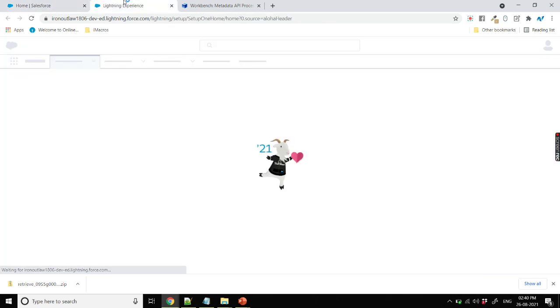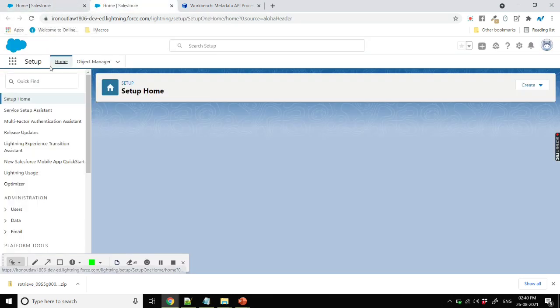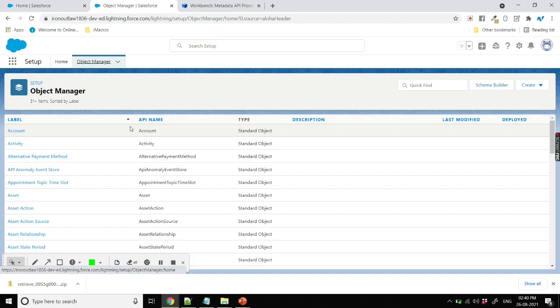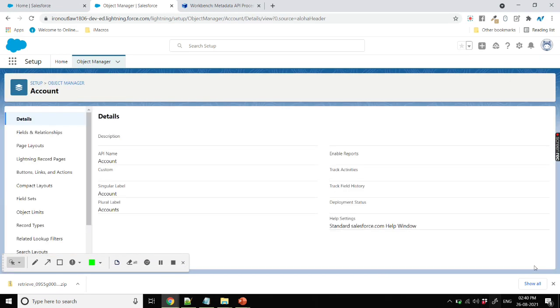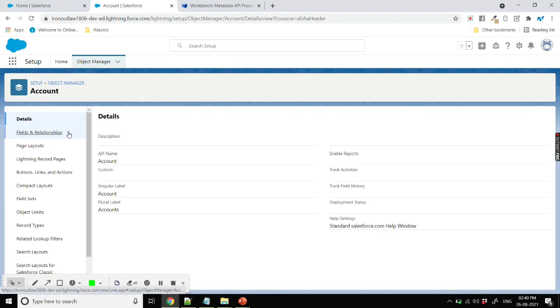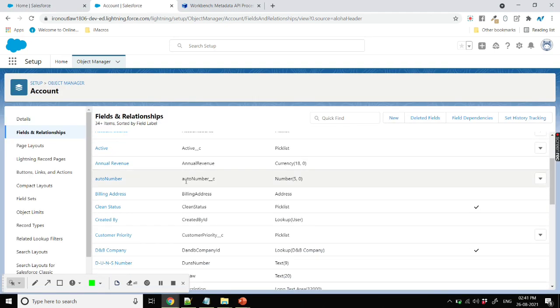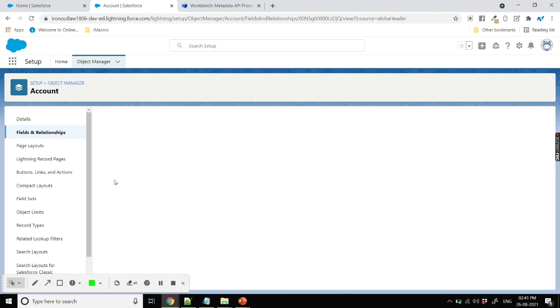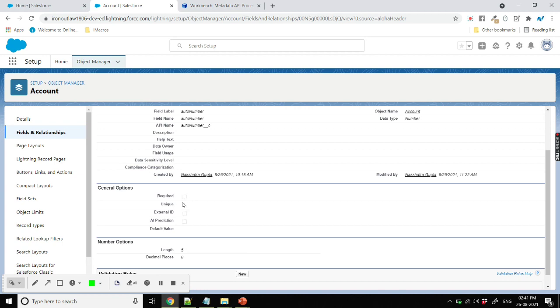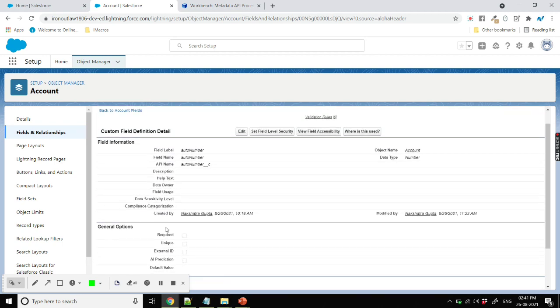Under the fields and relationships tab, we have this auto number field, which I created previously, and it is not required till now. That's why in the metadata file we saw that in the required tag it was false. Now we will deploy the component using Workbench and make it required. Number one thing.